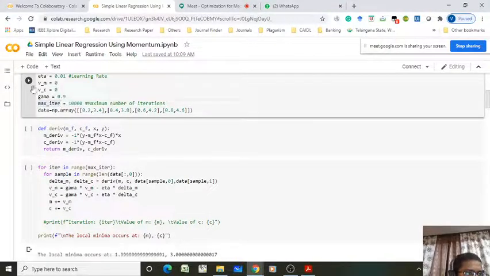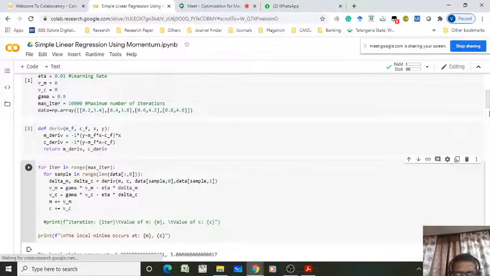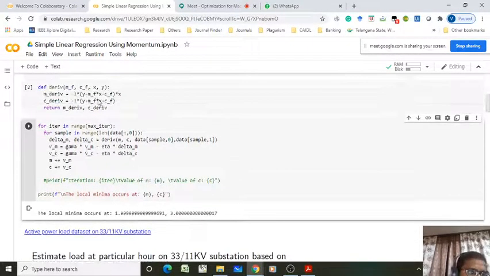So execute this one. Now here, this is the expression for the momentum algorithm. Step 2: set iter equal to 1, the loop starts, so this is the iterative loop.